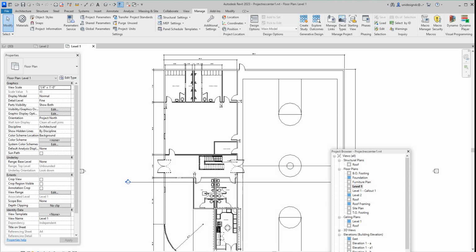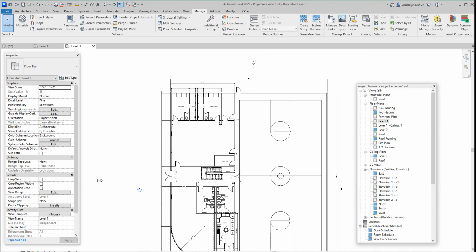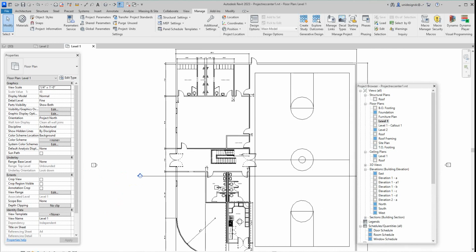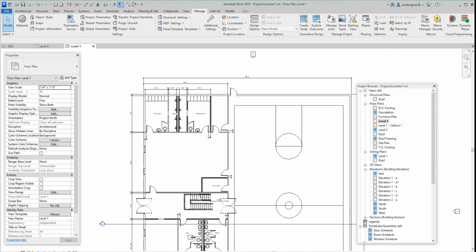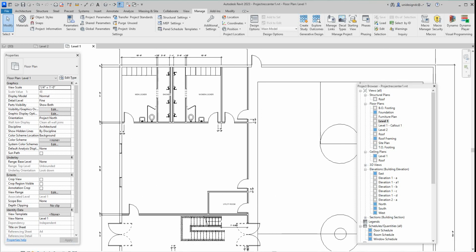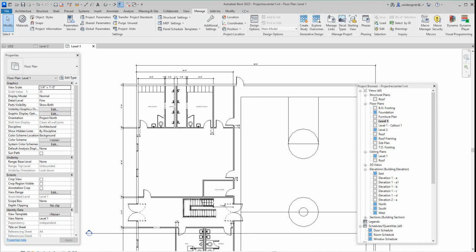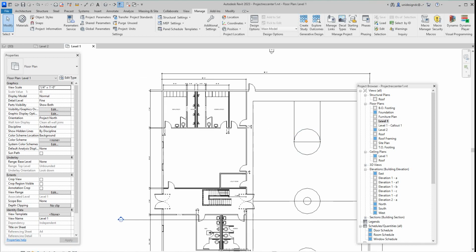Hi folks, we're back with more Revit training on our recreational center, and today we've got our first floor plan laid out. So now today I want to focus on the floors. We still got work to do on the second level. Haven't really designed that or got that squared away yet. So what we want to do here, we want to go to level one. We're here in level one, and so